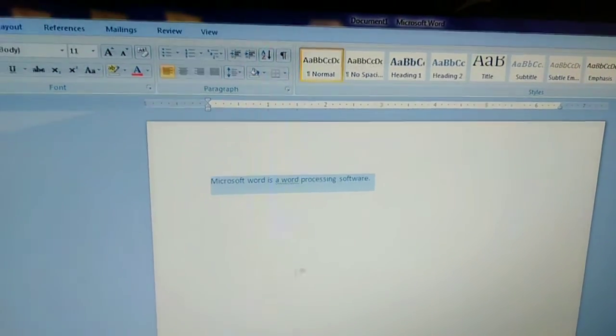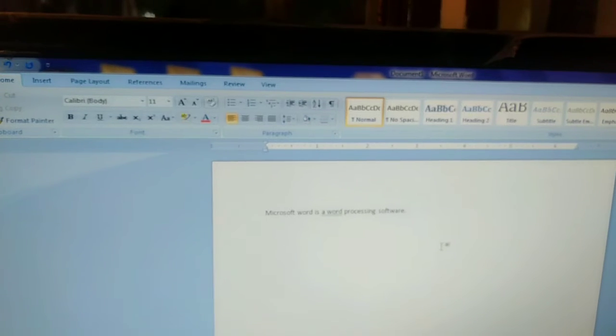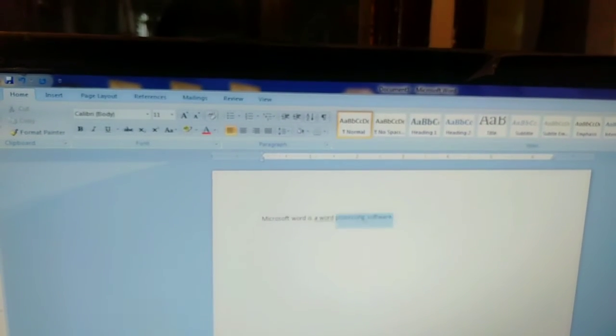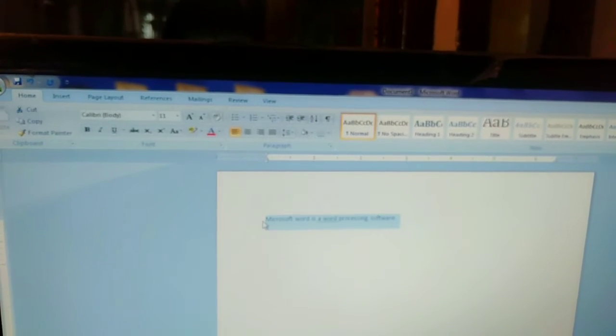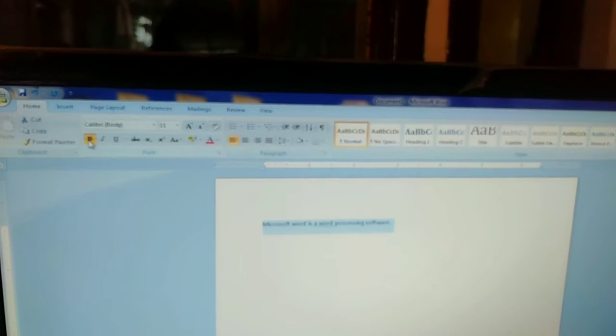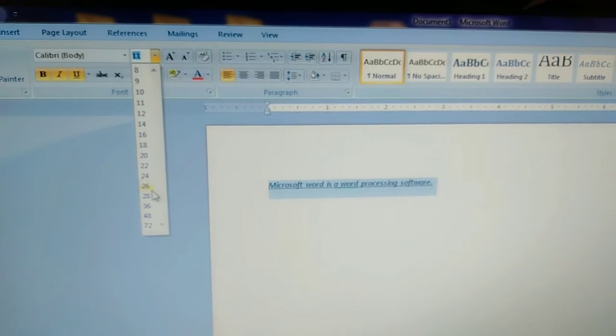See, I have typed by using the keys of the keyboard. Now I will tell you how we can select. When we want to select, we have to take our mouse pointer to that particular area. See, it is selected. Now by pressing here, bold, it becomes bold, italic and underline. See, now I can change the size of my font.